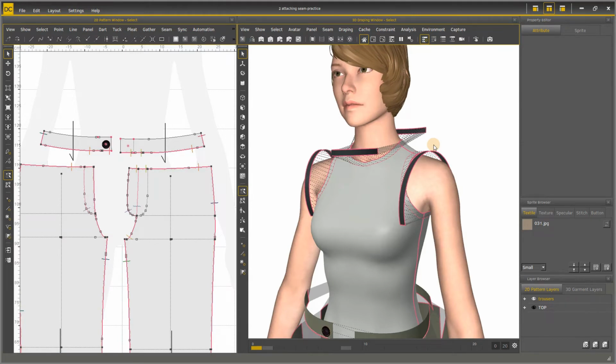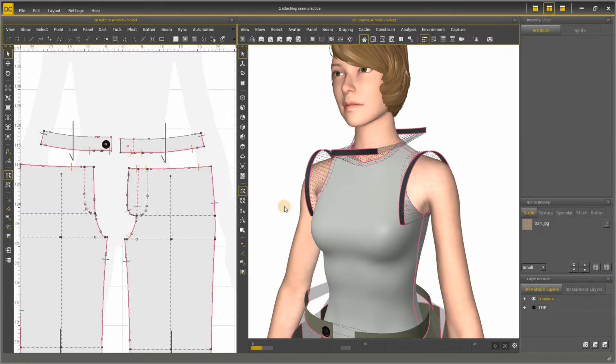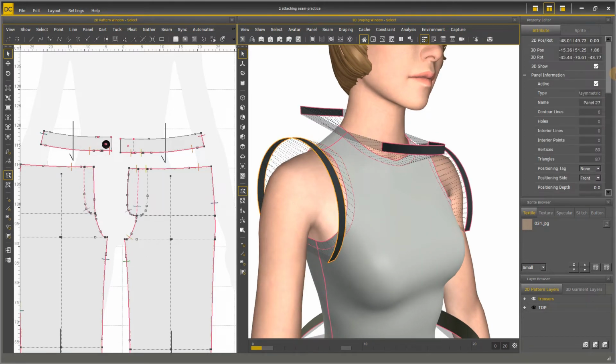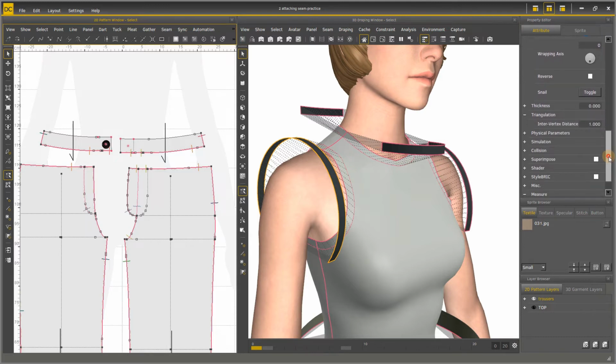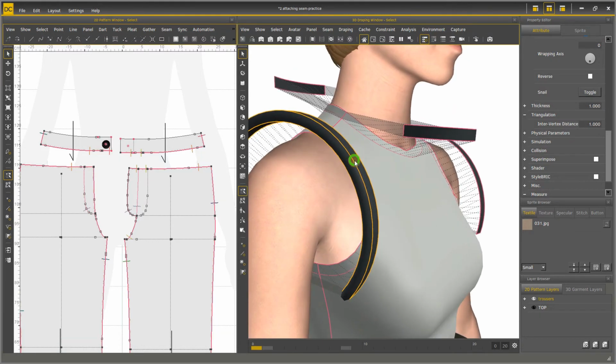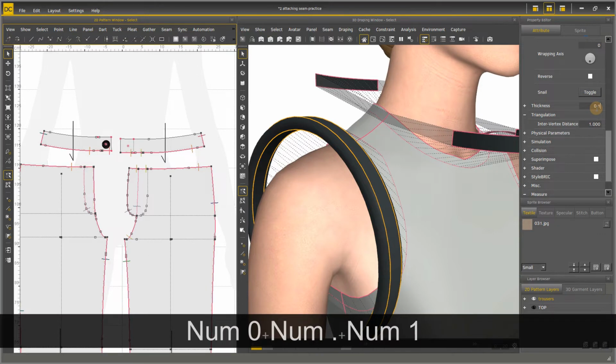Before progressing to simulation, we can set thickness for the top and trousers. There is a checkbox of bidirectional thickness. This is checked by default. When it is checked, it means that the thickness will increase from both sides of the surface. For example, if we find thickness under the Attribute tab, we can enter the value in centimeters. If the thickness is 1 centimeter, there will be 0.5 centimeters on each side of the panel surface. I'm going to set the thickness of top and bottom to 0.1.